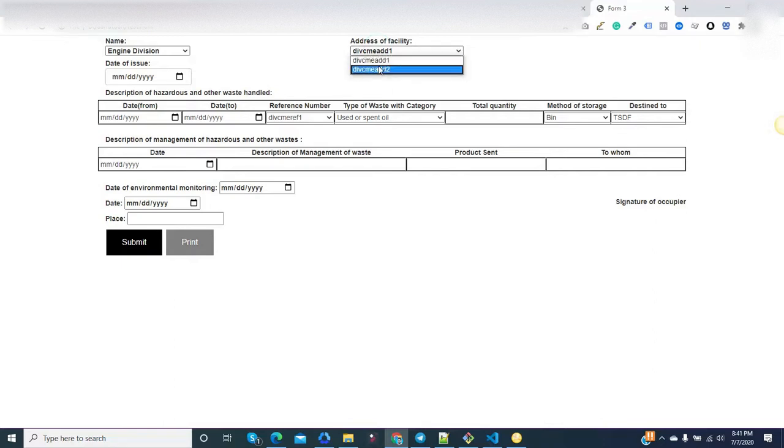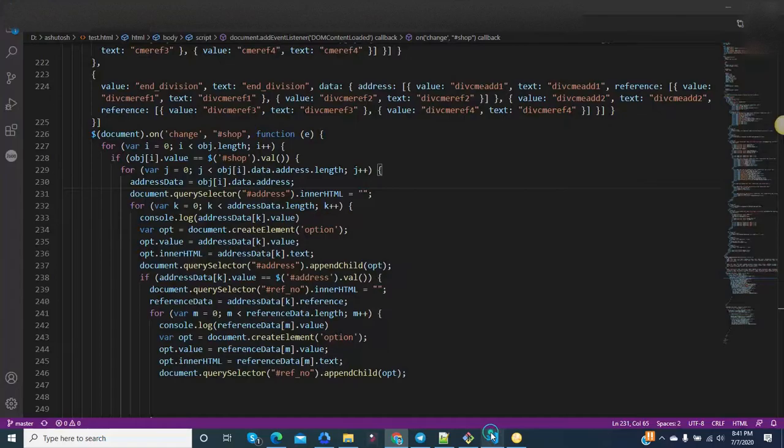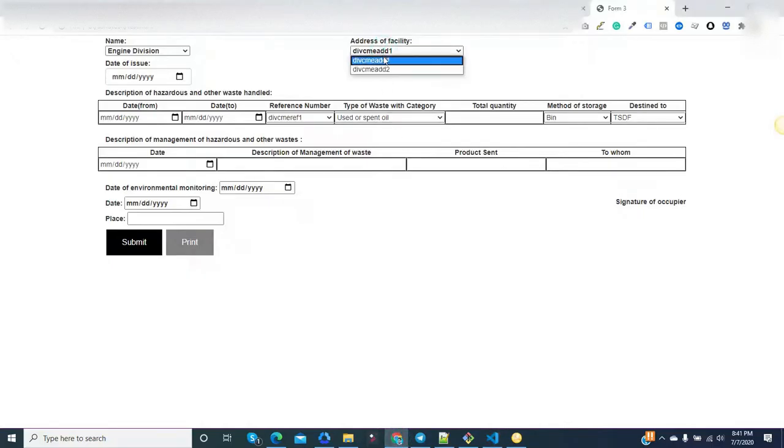Our previous data we remove using innerHTML, setting it to null, so it is removed and new data will be inserted. For OPT, you can see document.createElement option, we are creating the element and setting the value this way. innerHTML means the text, whatever text we want, like what you are seeing here.